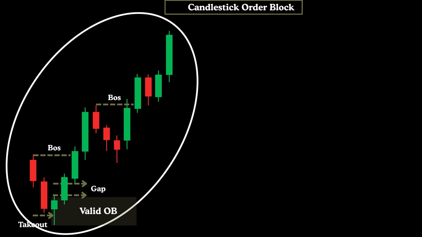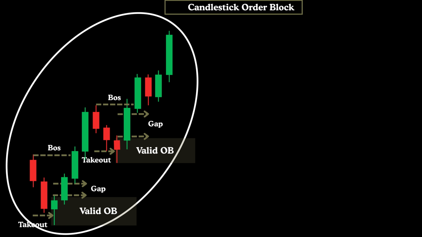Now, shifting slightly higher, we observe another sharp upward price movement. The red candle here marks the final bearish candle formed before the strong bullish impulse. This candle also swept the liquidity below the low of the previous bearish candle. Additionally, there's a visible gap within these 3 consecutive candles, satisfying all the criteria for a valid order block. Hence, this candle can now be regarded as a valid order block with reversal potential if price returns to mitigate